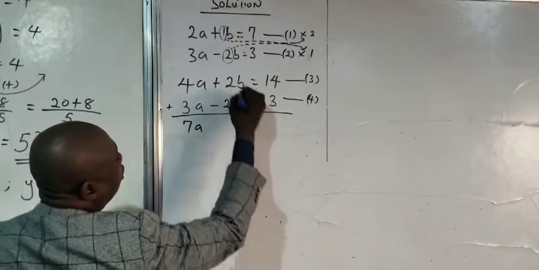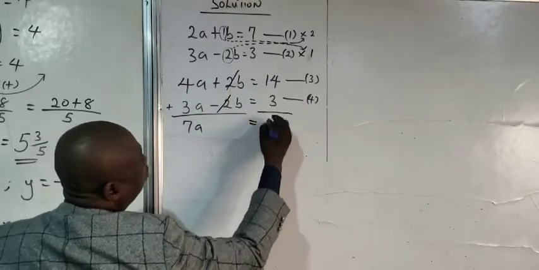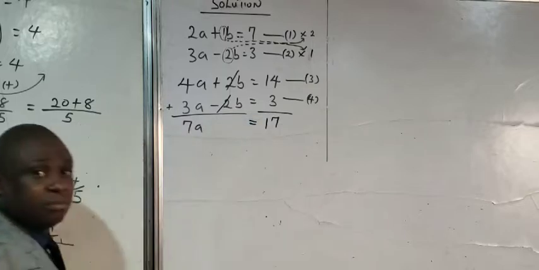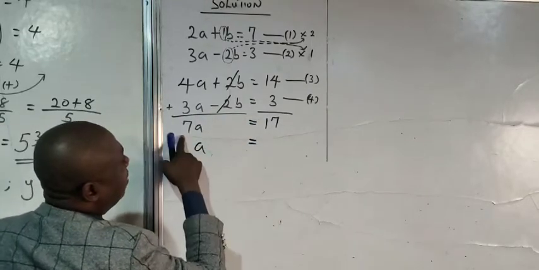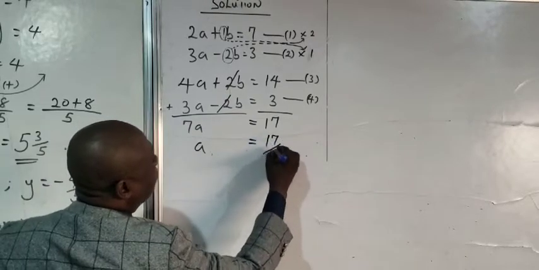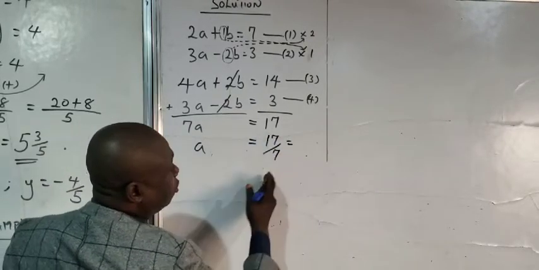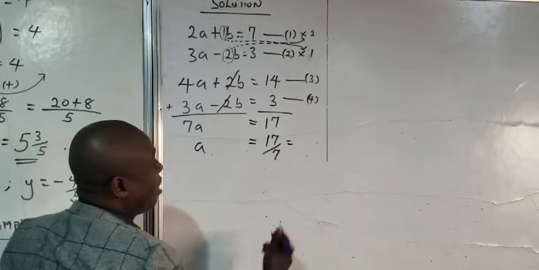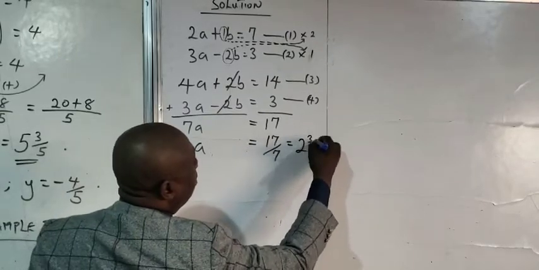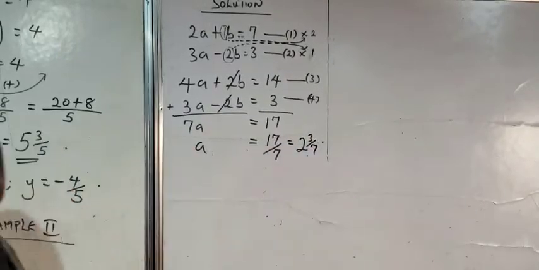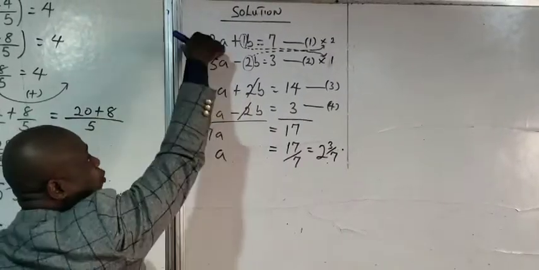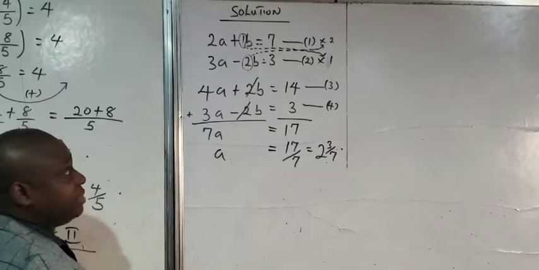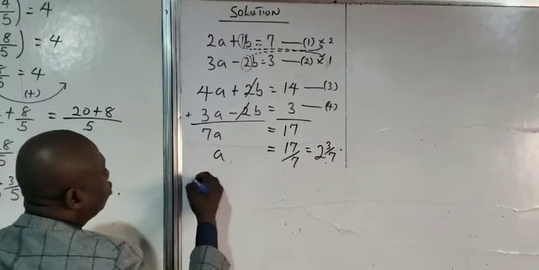7a. This will go to 0, and this will give me 17. Are we okay? So if you divide both sides by 7, we are going to have this as 17 over 7. If you want to express that in the improper fraction, that should be 2 whole number 3 over 7. Okay, we have the value for A, so we substitute into either equations 1 or 2 to get the value for B. So we substitute